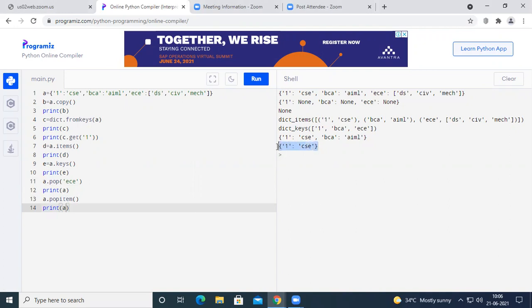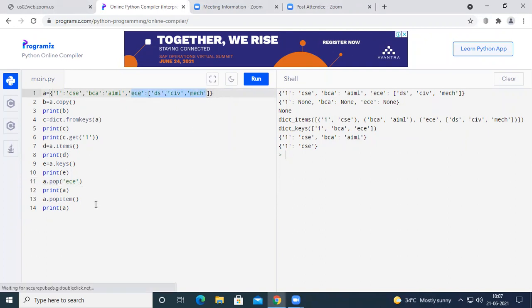After using popitem, if we print the dictionary A, we are only getting the first key and the first value. We are not getting the second one. So what popitem does is it deletes only one element. Remember, it deletes only one element, and that element is the last element inside the dictionary. For example, initially we have 1, BCA and ECE, a total of 3 keys and 3 elements. If we call the popitem function here, the last one will be removed automatically.